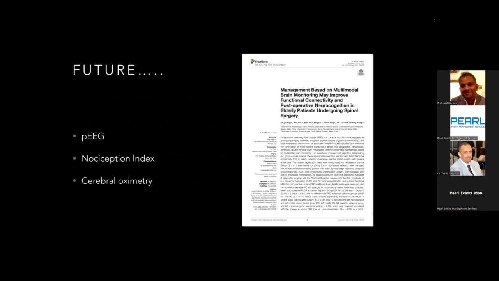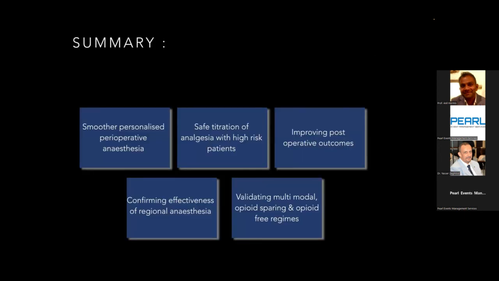I think the future, again, is going to involve a lot of advanced patient monitoring: processed EEG, NOL monitoring, and super oximetry. And this is a paper from a Chinese group which talks about this from July 21. And again, just in summary,